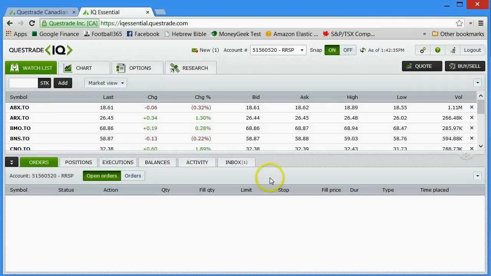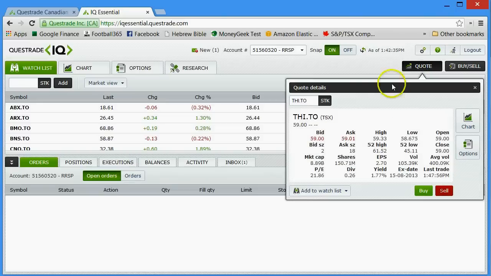And welcome back. So once you've logged in, the next step is to find out how much DLR.TO is trading at. And just so you know, DLR.TO is just a US dollar ETF, which means that when you buy DLR.TO, you're really just buying US dollars. But since it's an ETF, you don't pay commissions on buying DLR.TO. So let's check out how much DLR.TO is trading at. So as you can see, DLR.TO is currently trading at